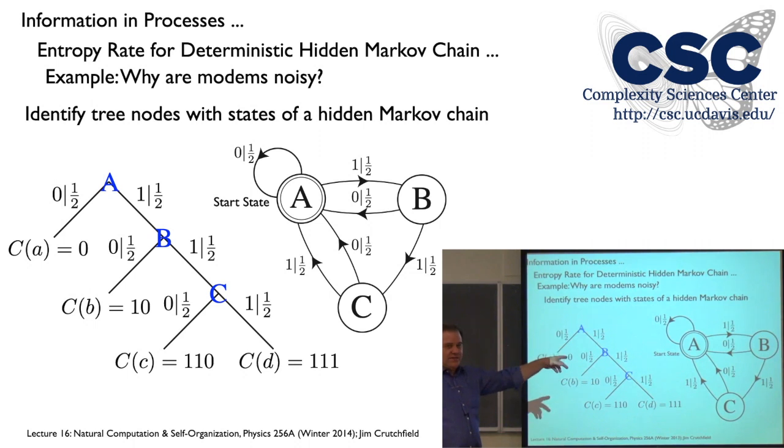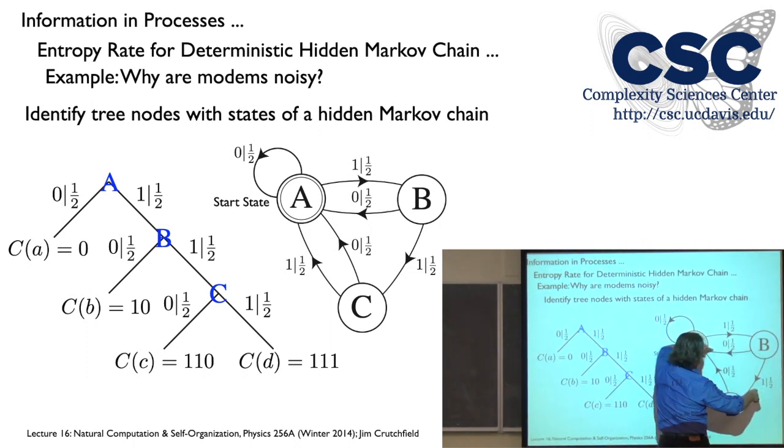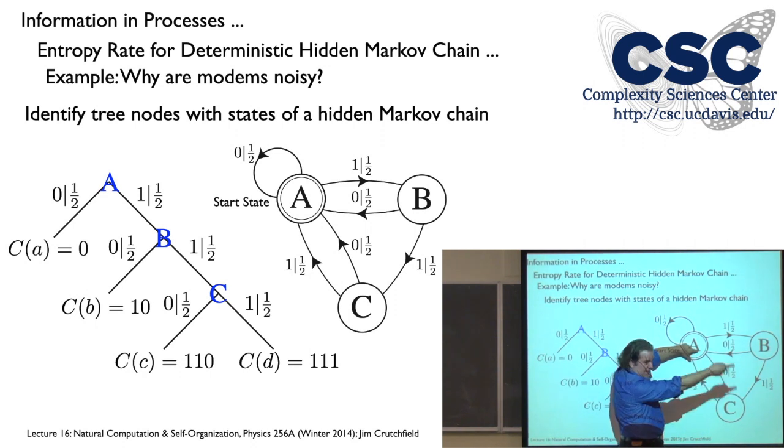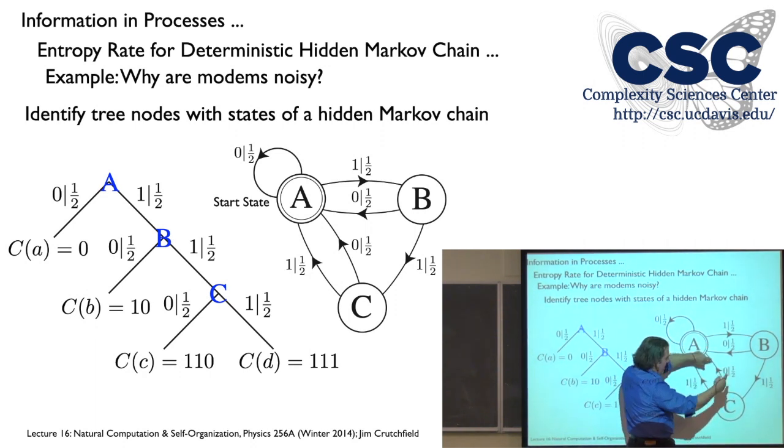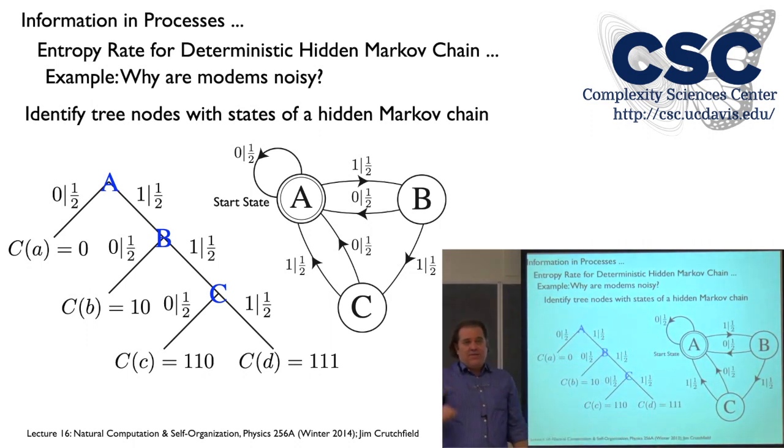So we know how to analyze this. Well, we have one little property check. Is this a unifilar model? You just have to go here. If I'm in A, 0 takes me here, 1 takes me there, so that's fine. B, 0 goes here, 1 goes here, so the next state is uniquely determined by the symbol on the output edge. And then here, either 0 or 1 takes me to A. So the next state is uniquely determined. So it is unifilar. Therefore, we can calculate now, using the formula I just gave,